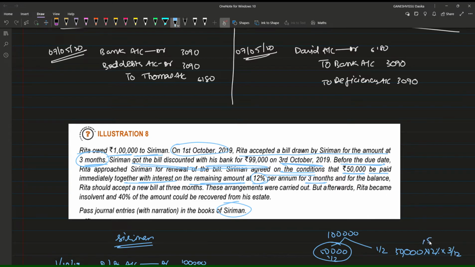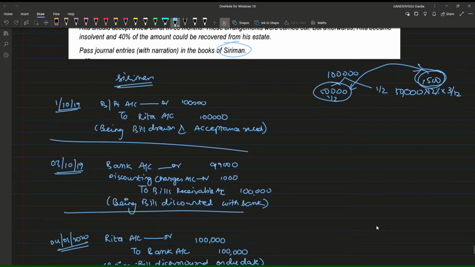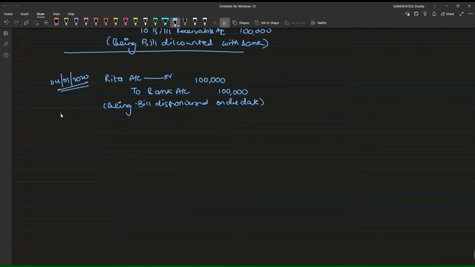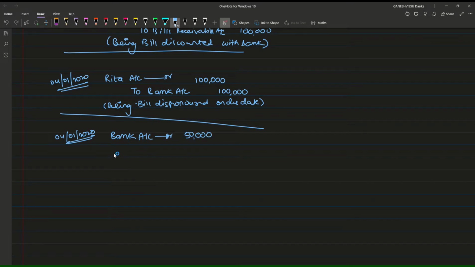So 1500 is the interest amount which is to be received, and immediately this 1500 is receivable together with this 50,000. Together with this, the 50,000 amount has to be payable. Okay, on which date are we going to have this entry? On the same date, 4th January 2020, we are going to receive first of all: bank account debtor 50,000. So bank account debtor we need to write,